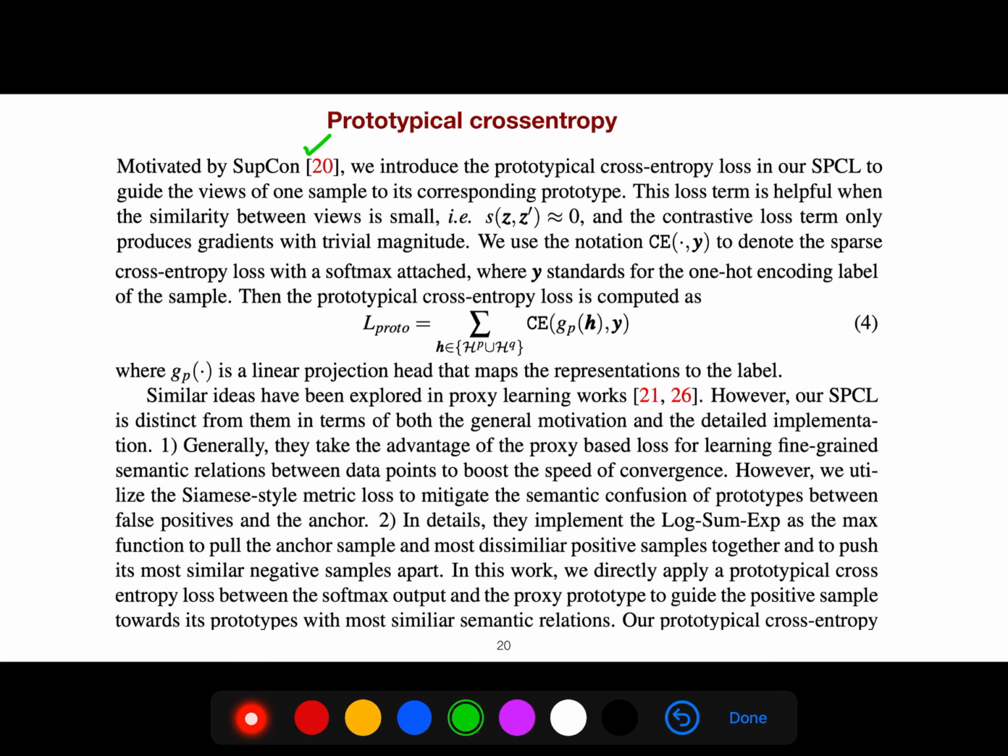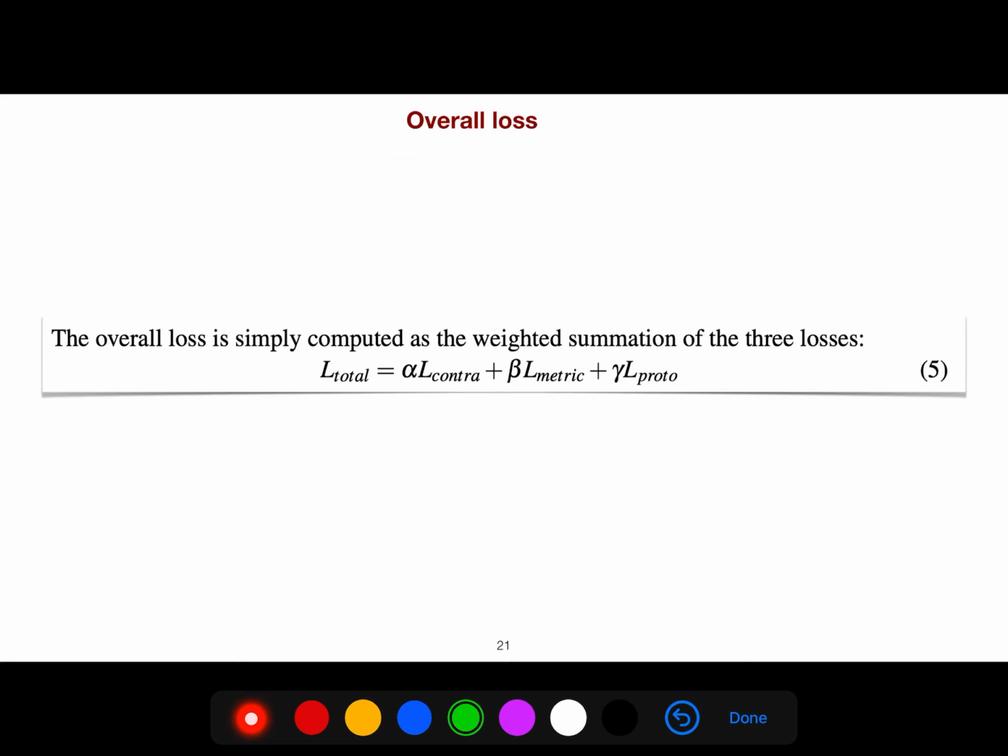And then, motivated by this paper, we introduce a prototypical cross-entropy loss to guide the views of one sample to its corresponding prototype. This loss term is helpful when similarity between the views is small. So the prototypical cross-entropy loss is computed, where G is just a linear projection that maps the representation to the label. So finally, we add all of these: the contrastive loss, metric loss, and prototypical loss. Of course, we use these hyperparameters